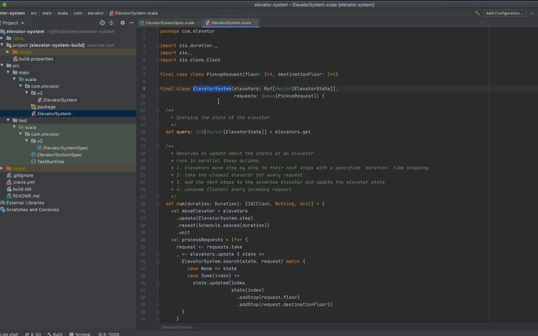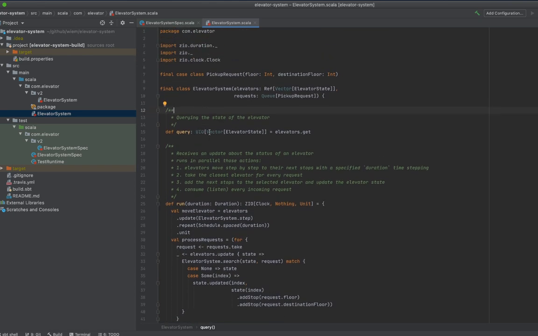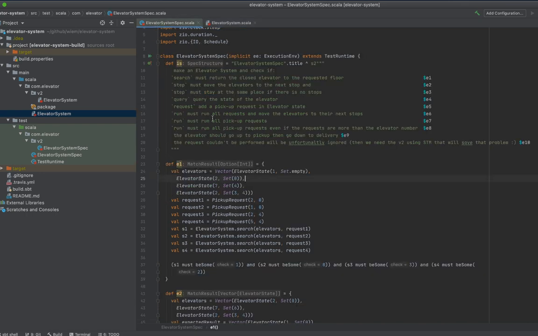If you are interested in the details of the implementation, you can check out my talk in LambdaConf and in Scala in the City. I will also add the link for the repository to see the whole code, so you can check it out. And in order to be able to use specs with ZIO,